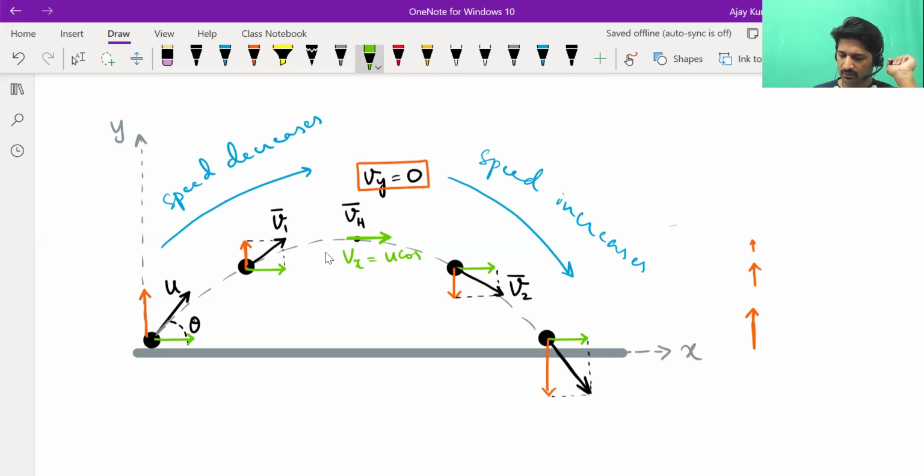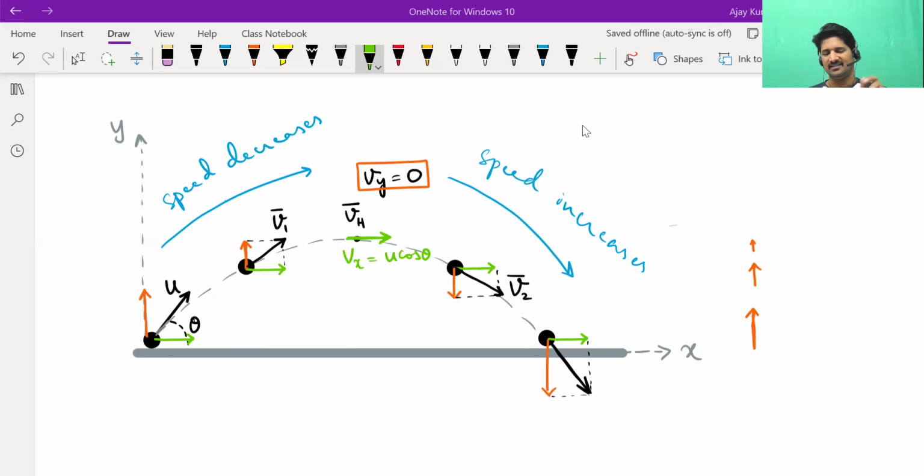Sir, the x component will always be there. But velocity becomes zero, no, sir? No. Why are you saying velocity becomes zero? Now, this object's velocity has two components. Only one component of velocity is becoming zero. The other component is there. That means velocity is still there. Its velocity in the vertical direction becomes zero. Horizontally, it will still have velocity. Okay. Okay, sir. Are you convinced or not?